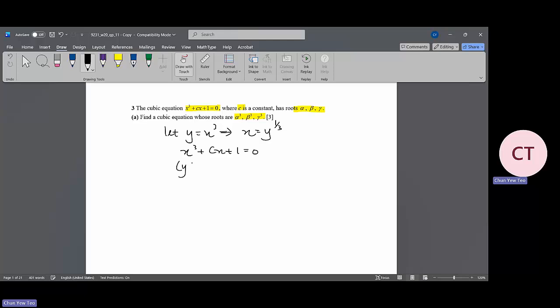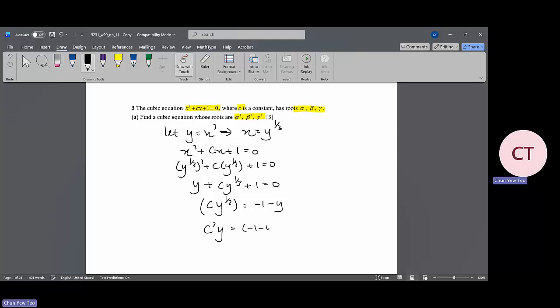It will give you y to the power 1/3 cubed plus c y to the power 1/3 plus 1 equal to 0. And you will get y plus c y to the power of 1/3 plus 1 equal to 0. So you split them: the one with the power which is a fraction and the one where the power is an integer, separately. Then after that you cube both sides. So if you power 3 both sides, then this one will give you